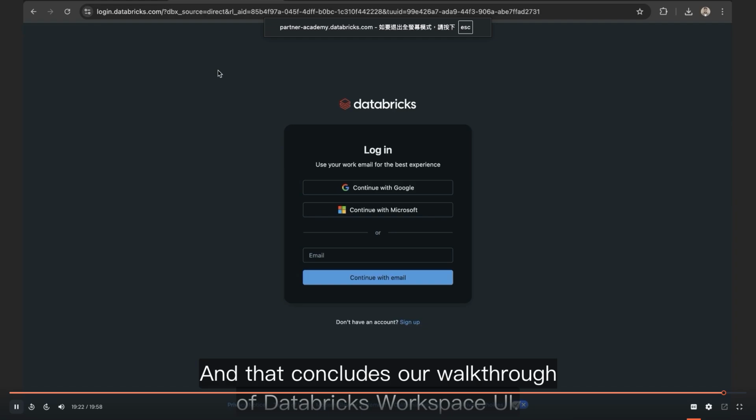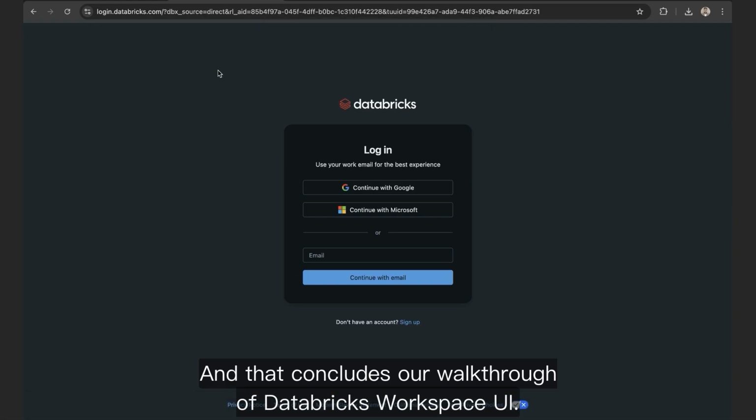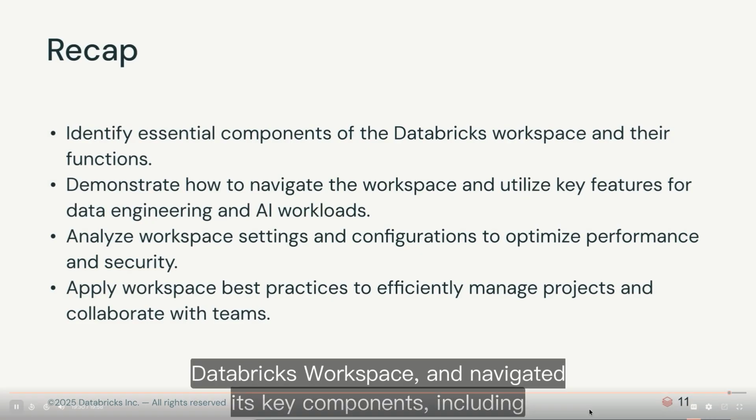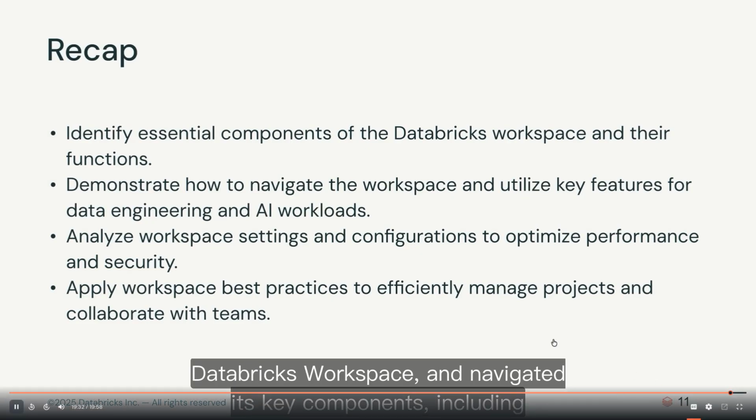And that concludes our walkthrough of the Databricks Workspace UI. In this demo, we registered for Databricks Express, explored the Databricks workspace, and navigated its key components, including